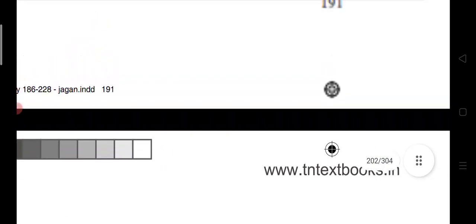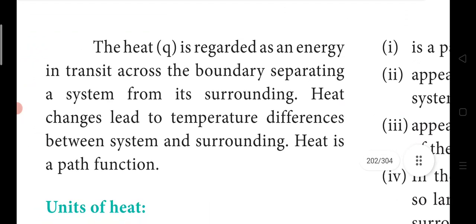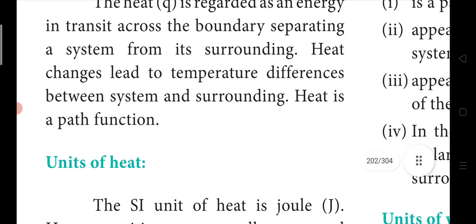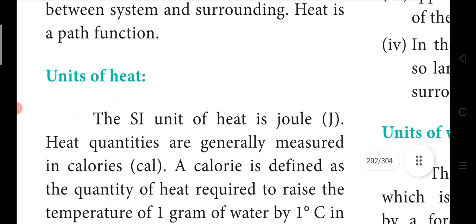Next, moving on to heat. The heat is regarded as an energy in transit across the boundary separating the system. So for a system, our body is the system and the skin is the boundary. The energy in transit from inside us going outside, separated from the system, that is what we call heat. The heat changes lead to temperature differences between system and surroundings, and heat is a path function because initial state,